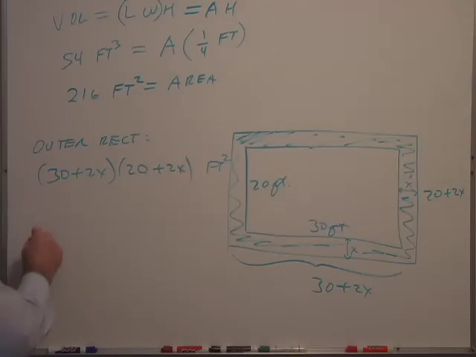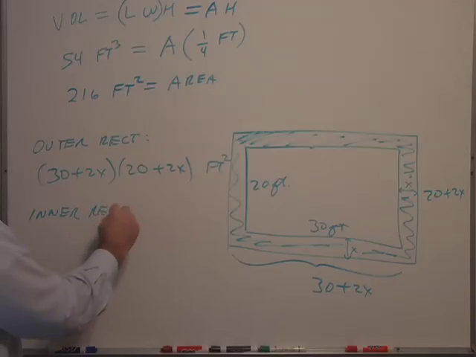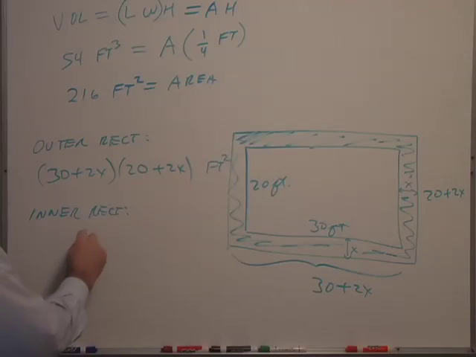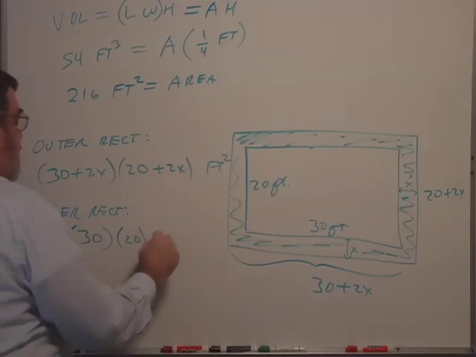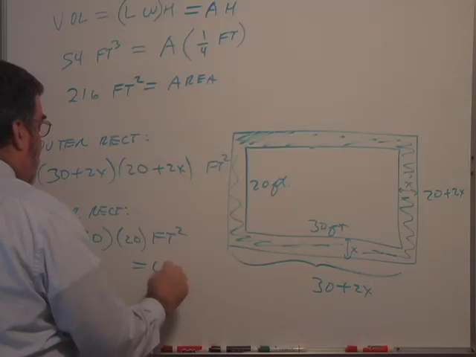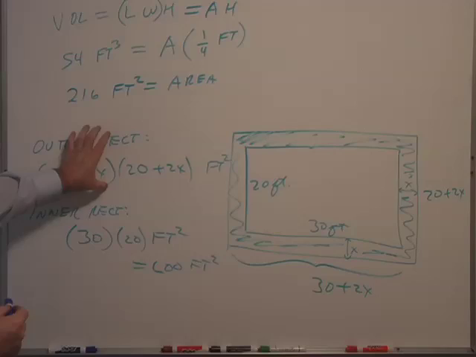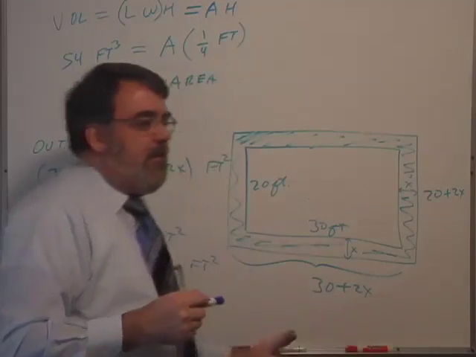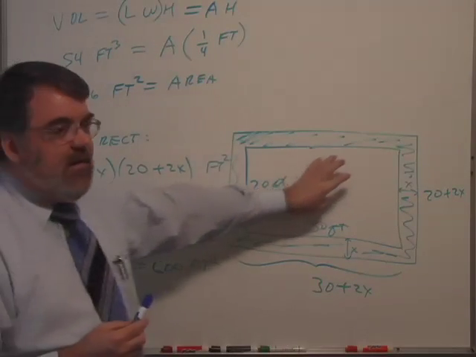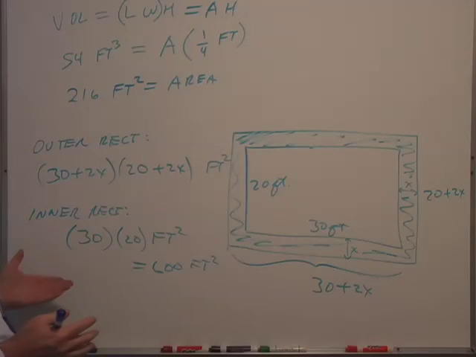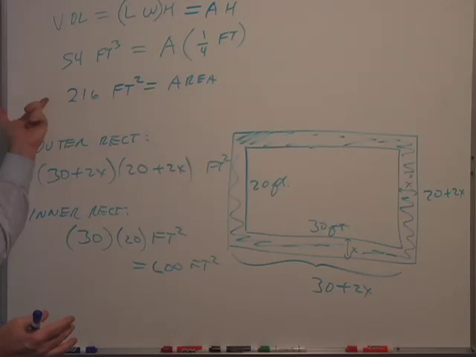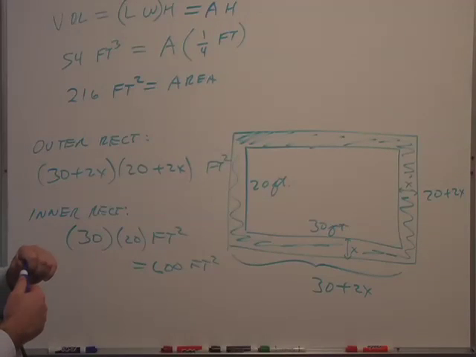Now the inner rectangle, which is the garden, is what? It's simply 30 feet by 20 feet, which is 600 square feet. So if I take this entire area, everything you see, and subtract off the inside 600 square feet, then it will equal the area of the sidewalk, won't it? So I need to take the outer rectangle